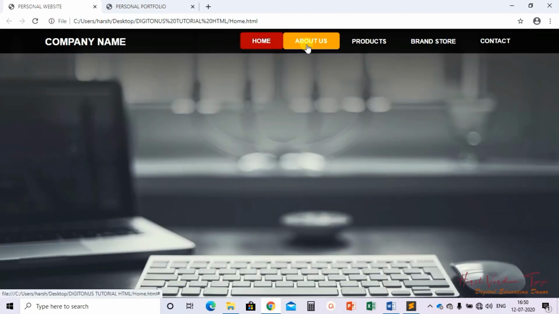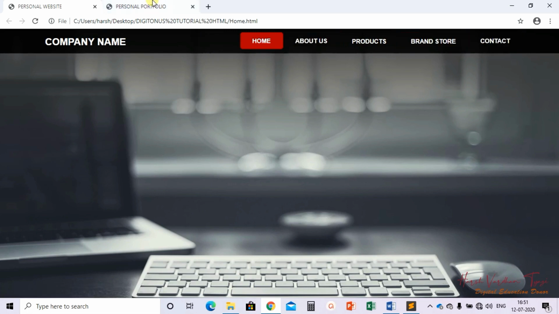Now see, it is coming with a yellow, same part. This home tab, it is always visible in red in color because this is the main tab. So that's why we have given a particular background and it will be permanent, but as soon as the user will hover over it, it will change the color.